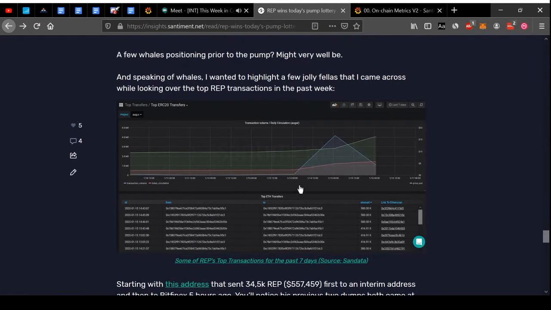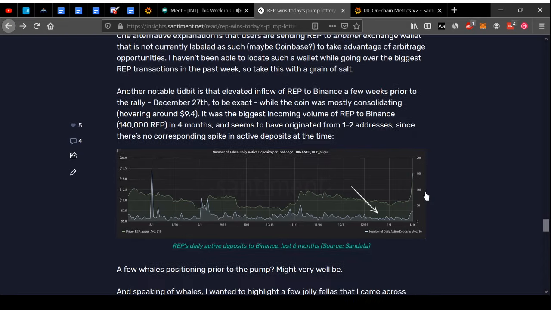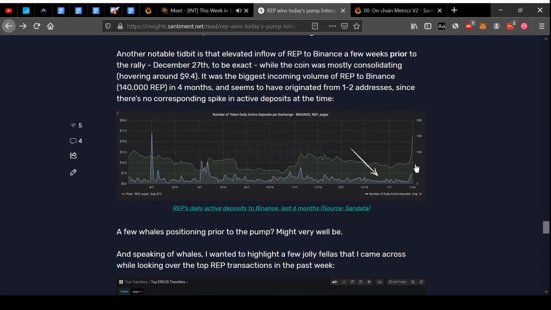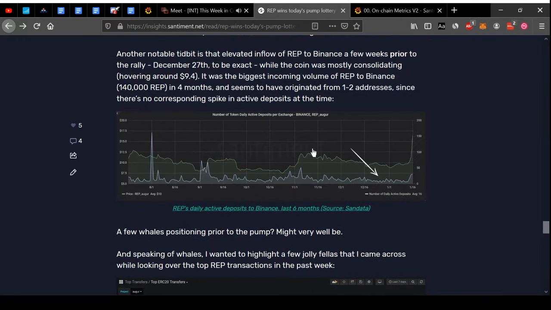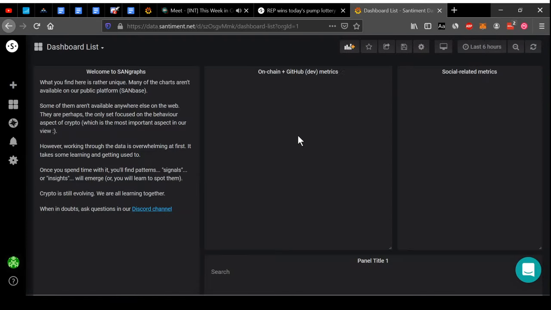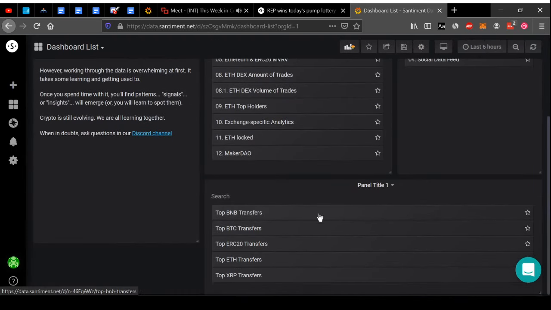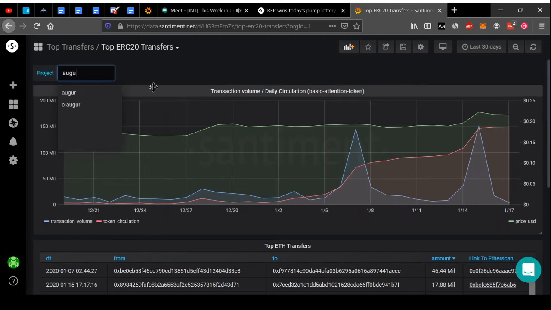The first one is, whenever you're looking at this sort of an uptrend, there's definitely going to be a few addresses, big whales, that are trying to take advantage of the rally. One of the ways you can find out what these whales are doing with our data is looking at the top transactions for a specific coin. The way you can do that in Santiment is to go here to top transfers, and select the type of coin that you're interested in. In the case of REP, this would be an ERC20 coin, and you just type in Augur,